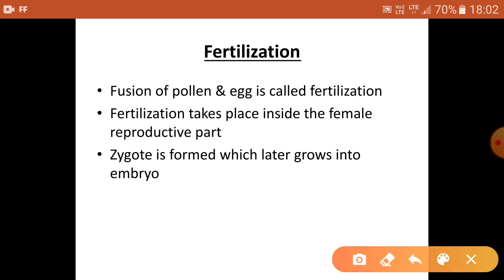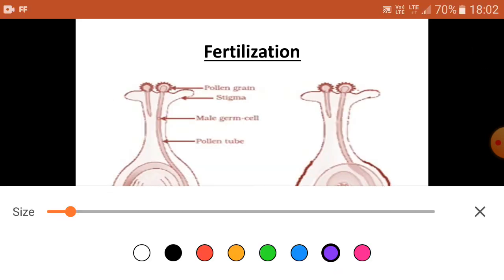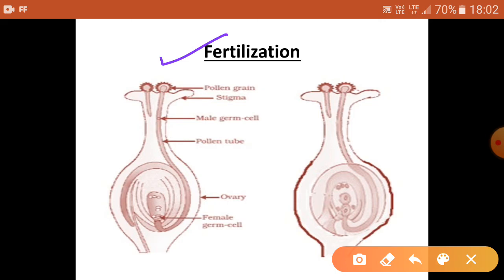But in the case of plants, there is a term called double fertilization. What is double fertilization and how does it happen? We will understand this with the help of the diagram given here. Basically, in the case of angiospermic or flowering plants, it is not simply fertilization, it is rather double fertilization. How does it happen? For example, this is the pollen grain, it falls on the stigma, the receptive part of the female, whose surface area is large. As soon as it receives the pollen grains, it starts germinating.